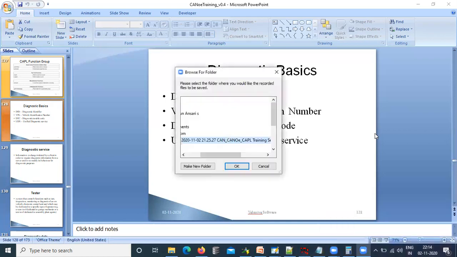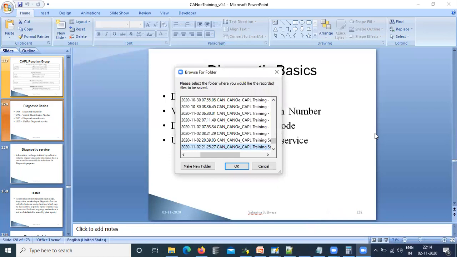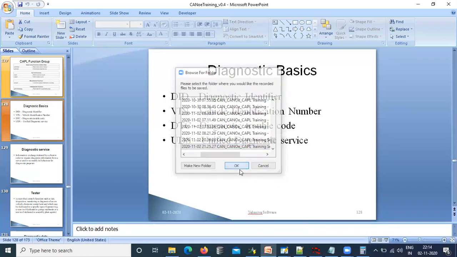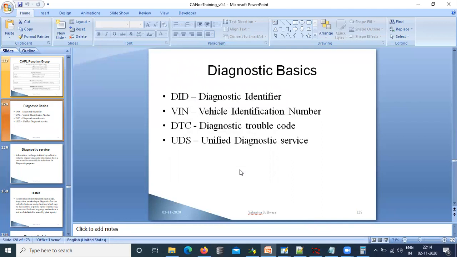So the read DTC will be stored in three methods: active fault, history fault, and no fault. Okay, so using these methods, we have the